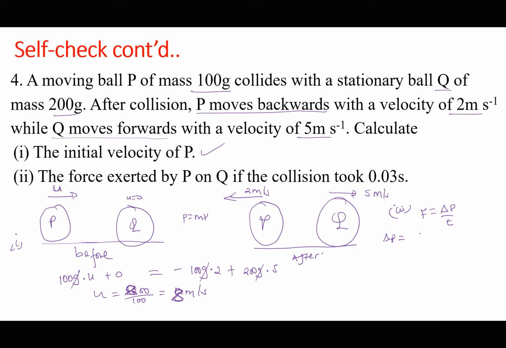For P, its initial momentum was 0.1 times initial velocity, which was 8, minus after collision it is 0.1 times 2. But this is in the opposite direction, so I must put a minus negative. So the force is going to be equal to 0.8 plus 0.2 divided by 0.03. I said minus negative because for P, its initial momentum was to the right, and after